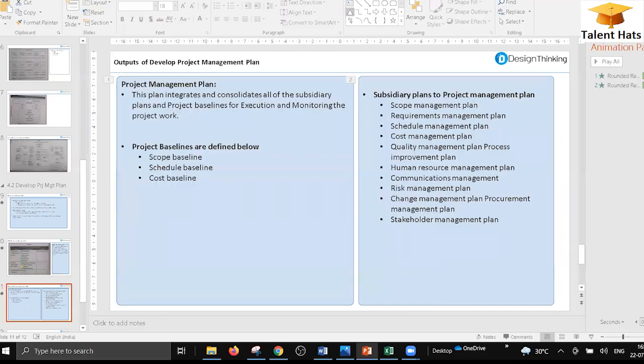Let me see if I can show you the project management plan so that you will relate to it. Otherwise,